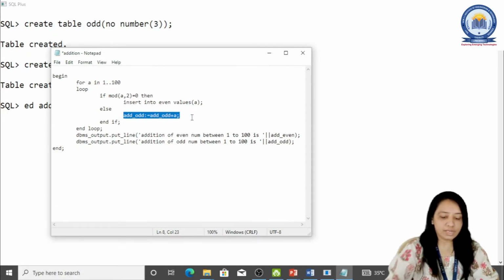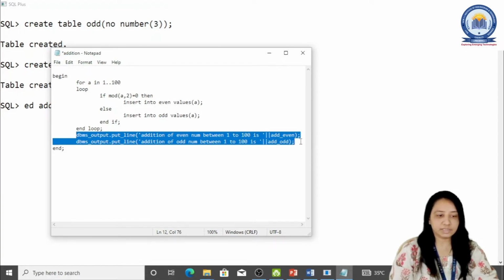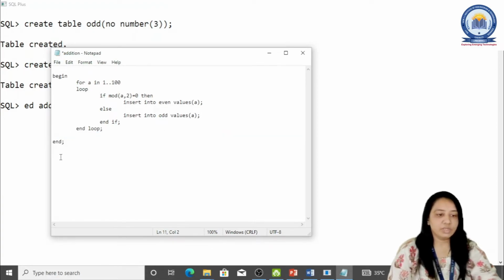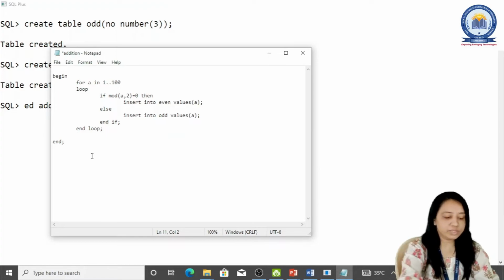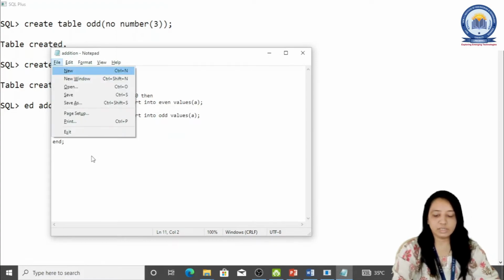Odd. So I'll just do insert into odd values and it should be a again. So I have written an insert statement here. This message is not required now. So this is my program to insert the value in the particular table.